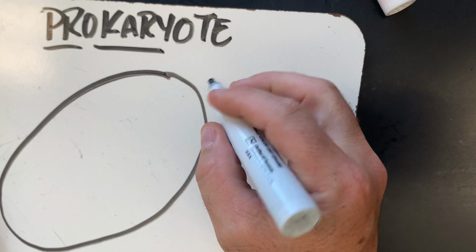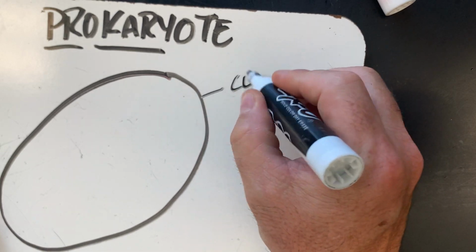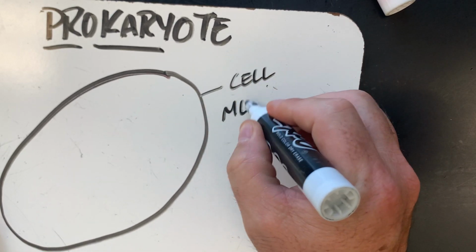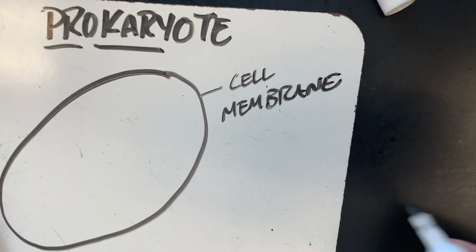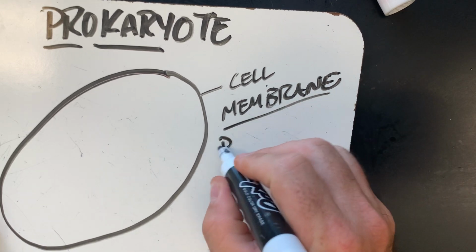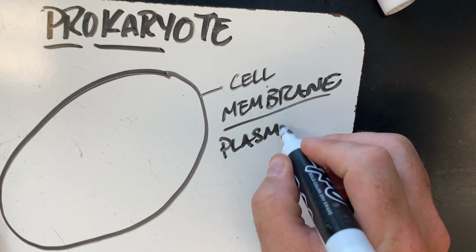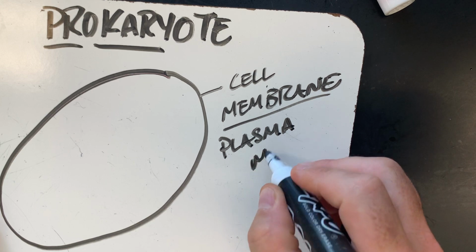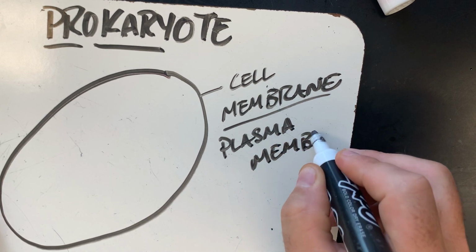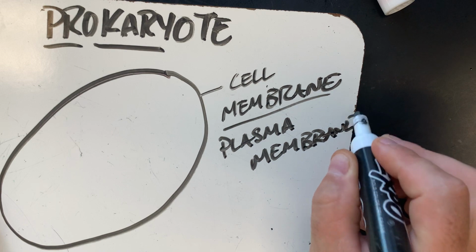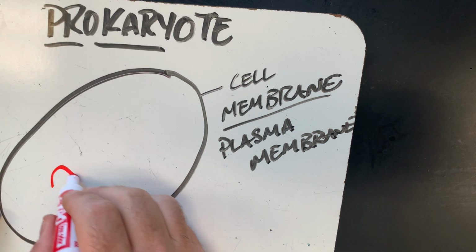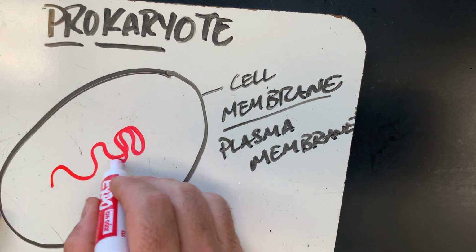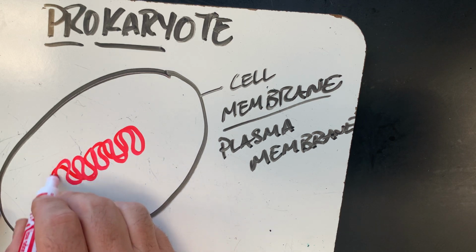But it does have that same thing. You do have to have a cell membrane. Every cell has a cell membrane. And cell membranes have other words. There's a lot of words in biology. This would also be known as a plasma membrane. They mean the same thing. Inside of that, you don't have that nucleus, but all cells have to have some sort of DNA. So there is DNA in there, and that DNA is all in one little region.